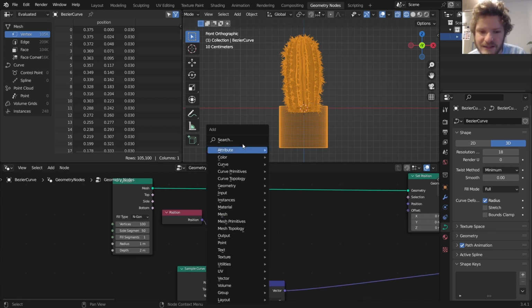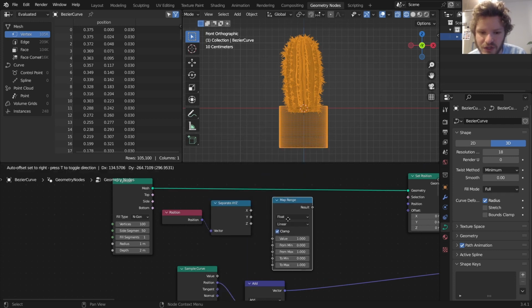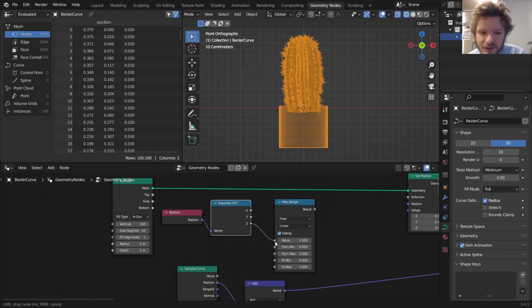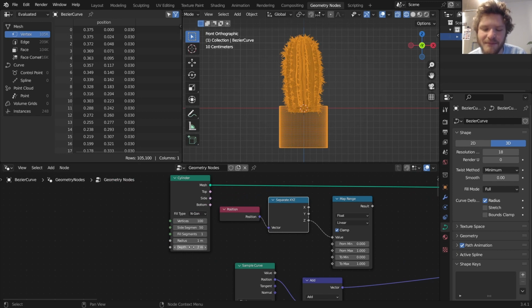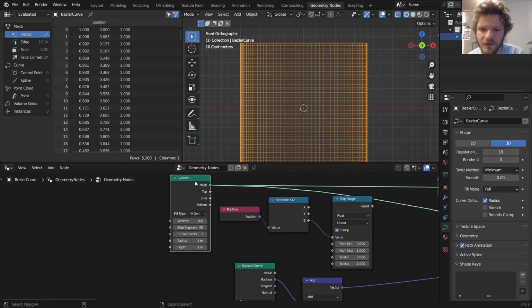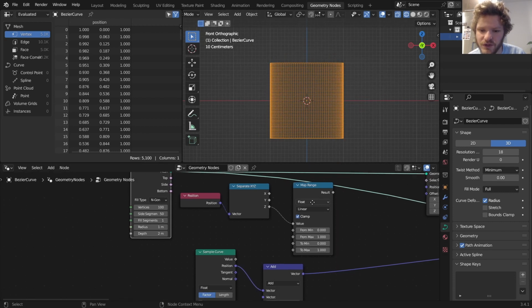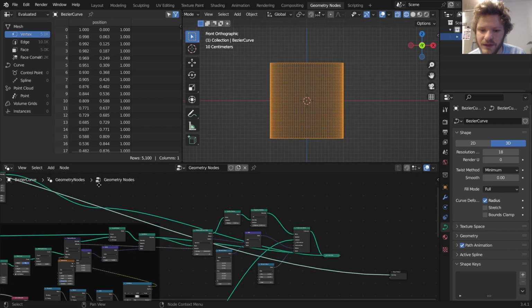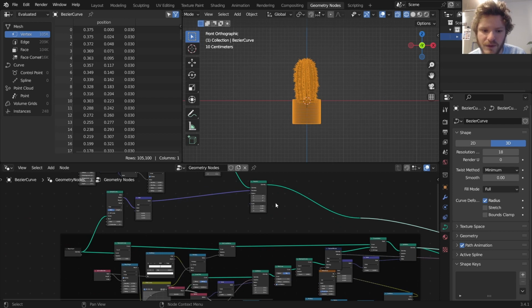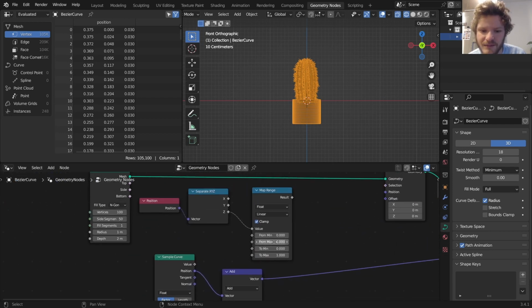So if we take the Z axis and do a Map Range, because remember, the way this is working right now is the cylinder has a depth, or in other words a height, of 2. So if we look at just the cylinder, it's going from -1 to 1. So I want the 0 to 1 gradient. The way we can do that is we can take this Map Range, map from -1 to 1 to 0 to 1,